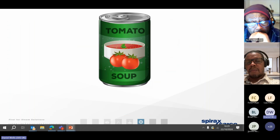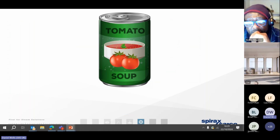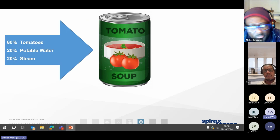Well, here's another example for you. Let's say our client is producing tomato soup, and they've made the decision to move away from cooking tomato soup in a jacketed vessel, and instead they're going to move towards steam infusion for reasons we've gone through previously. Well, the process might dictate that we take